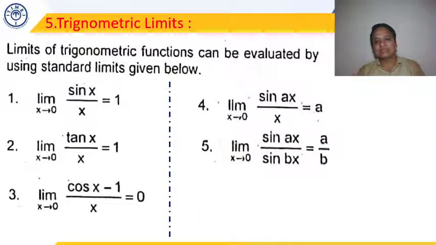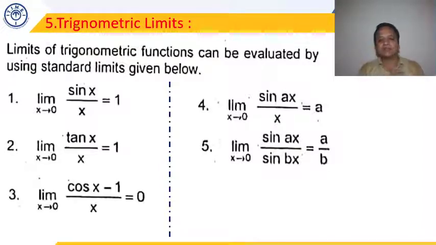Then we had one more, sin ax upon sin bx. It's another extension of the same point number 1. x tends to 0, sin ax upon sin bx. Now how do we get the result? We divide numerator and denominator by x, because x is not equal to 0, x is tending to 0. Then it becomes point number 4, and we evaluate the limit of the numerator and denominator. So we get the value as a by b. So straight away when we are solving this in a question, we will directly apply the results. So sin ax upon sin bx when x is tending to 0, its value is a upon b.